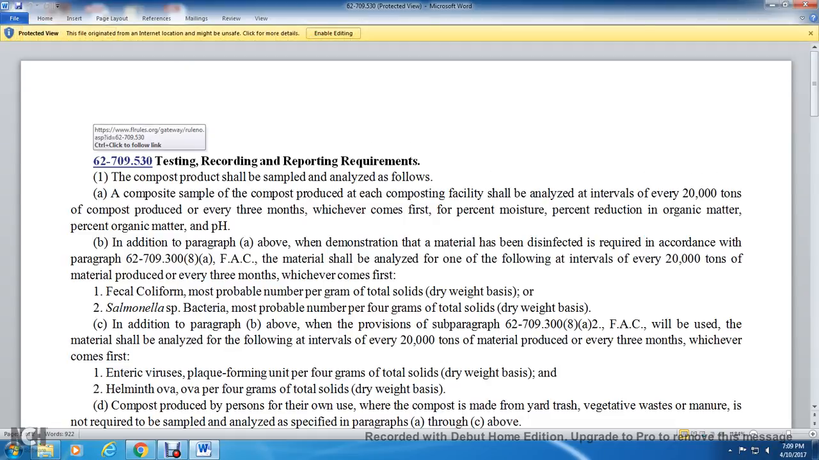All right, 62-709.530, testing, records and reporting requirements. The compost product shall be sampled and analyzed as follows. The compost product at each of the composting facilities shall be analyzed at intervals of every 20,000 tons of compost produced or every 3 months, whichever comes first, for percent moisture, percent organic material, and pH. In addition to paragraph A above, to demonstrate that the material has been disinfected as required in accordance with paragraph 62-709.300(5)(a),